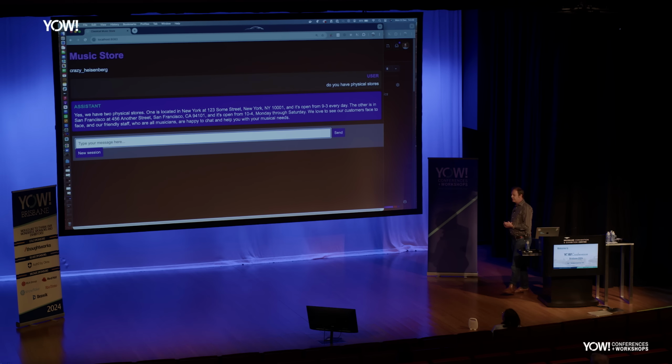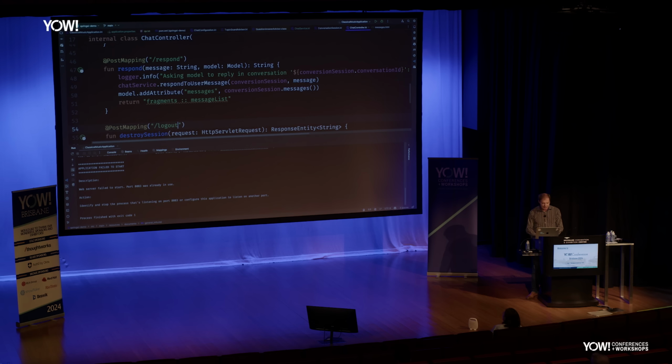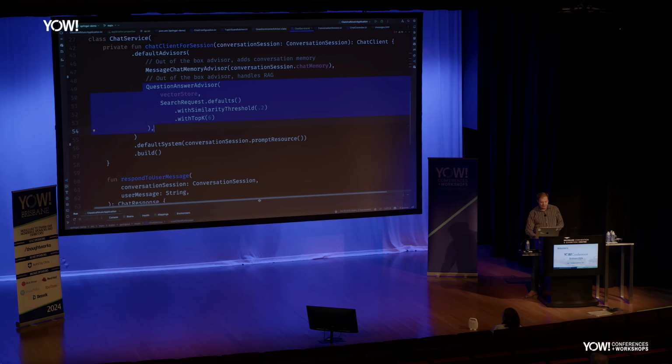So, very different response. We have been able to ground the response in solid fact in this case. So that's one of the fundamental techniques of making LLMs useful in production. And as you can see, it was very easy to set up basic RAG using Spring AI. If we go back to the chat service, you can see the way I configured this. So we've got default